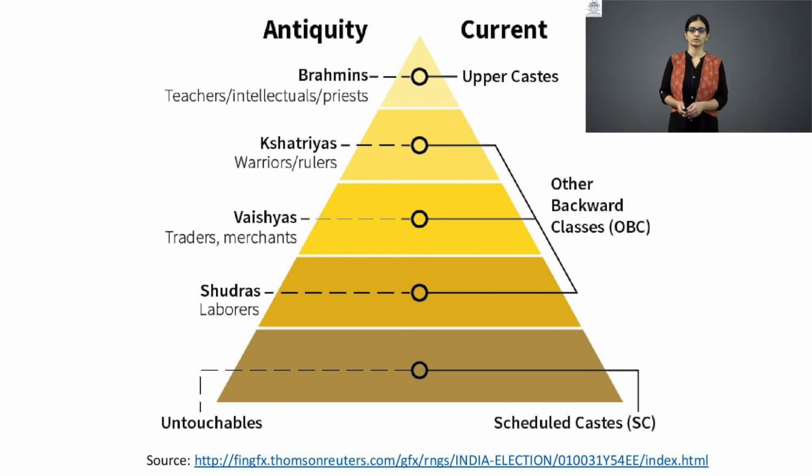So, if we see in the image in terms of reservation, we see the scheduled castes, which were the bottommost in the hierarchy, that is the untouchables. The other backward classes could constitute the Kshatriyas, Vaishyas, Shudras. And like I said, the individual states had to determine which castes would be identified as the other backward classes. The Indian caste system has played a significant role in shaping the occupations and the roles of Indian society, especially